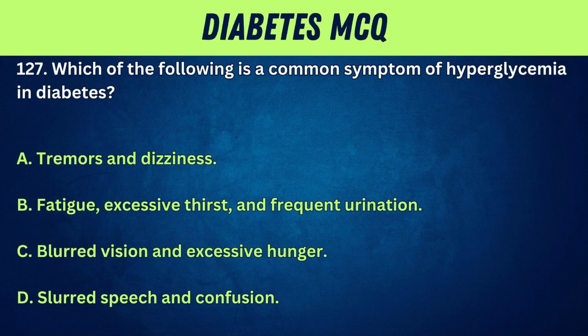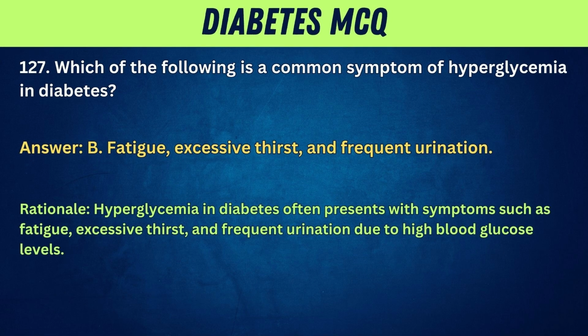127. Which of the following is a common symptom of hyperglycemia in diabetes? A. Tremors and dizziness. B. Fatigue, excessive thirst, and frequent urination. C. Blurred vision and excessive hunger. D. Slurred speech and confusion. Answer: B. Fatigue, excessive thirst, and frequent urination. Rationale: Hyperglycemia in diabetes often presents with symptoms such as fatigue, excessive thirst, and frequent urination due to high blood